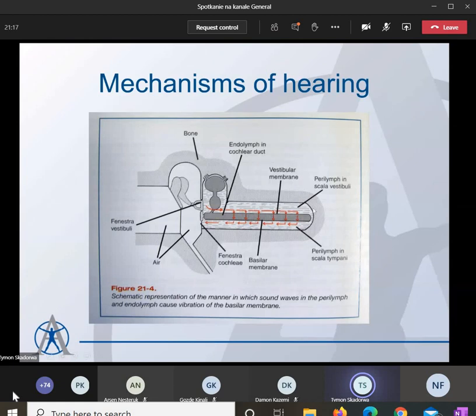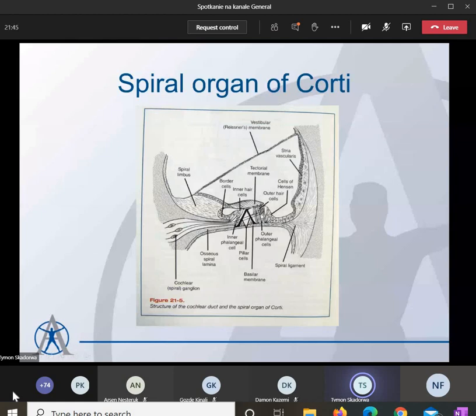The perilymph is the fluid which is located in the inner ear. Now the cochlear duct is filled with another type of fluid. We call it endolymph, and this endolymph is seen in the cochlea itself. As you may see, the cochlear duct has a basilar membrane at its base, and this basilar membrane contains the nerve endings, which we call hair cells, because these are, again, modified neurons,